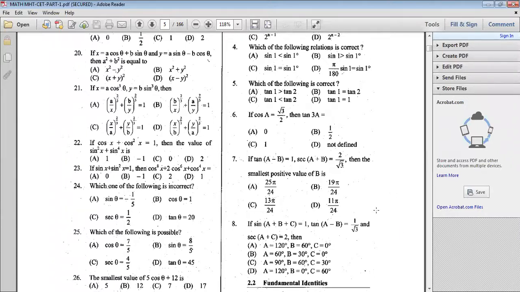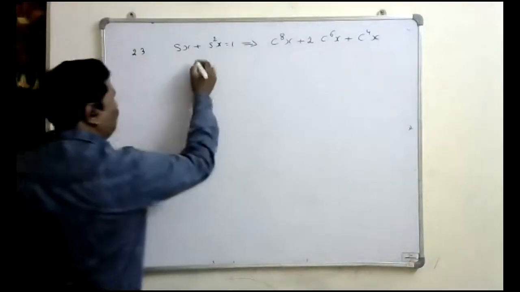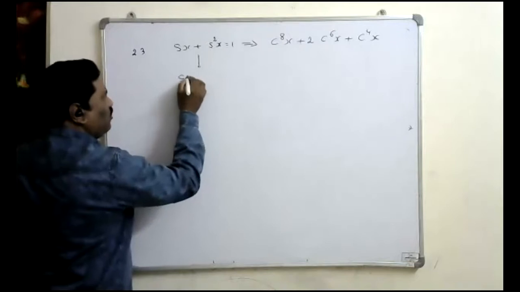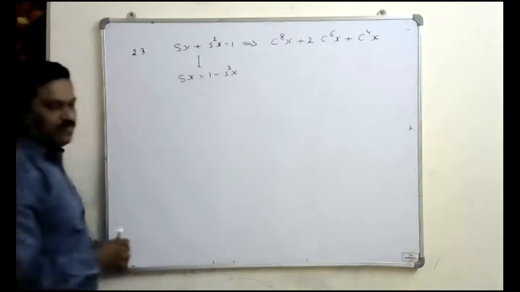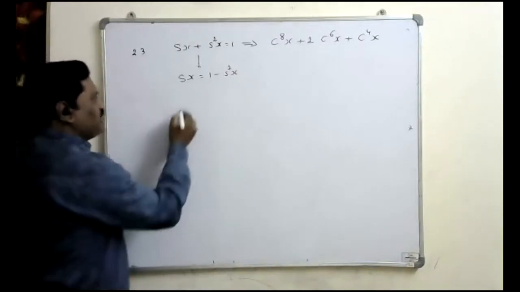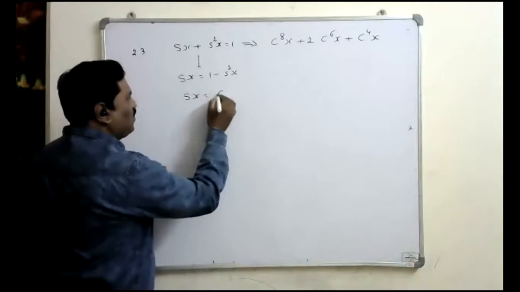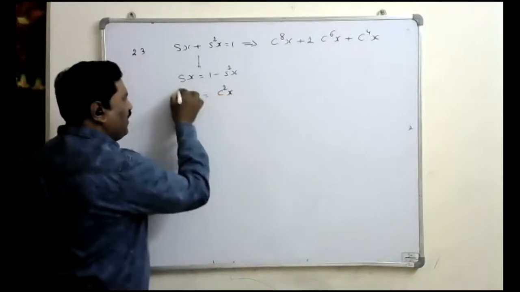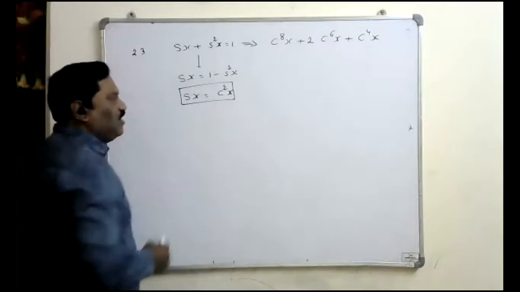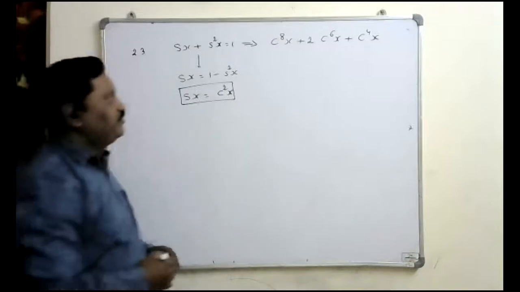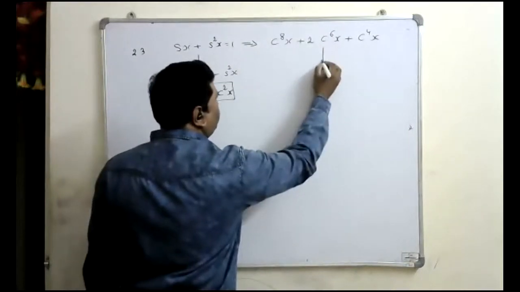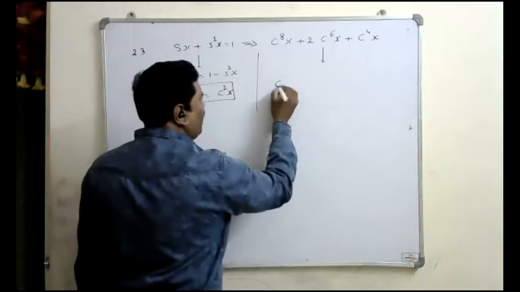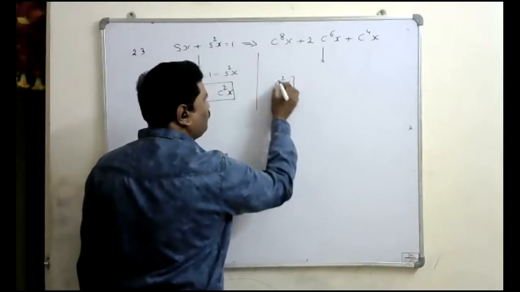Okay. Let's understand this. Observe here. Sin x is equal to, sending sin square x to the other side, 1 minus sin square x. That 1 minus sin square x we can write as cos square x. So indirectly, this is the relation that is given: sin x is equal to cos square x. Now come to here. Here cos power 8x is there. Cos power 8x, I can write as cos square x whole power 4.